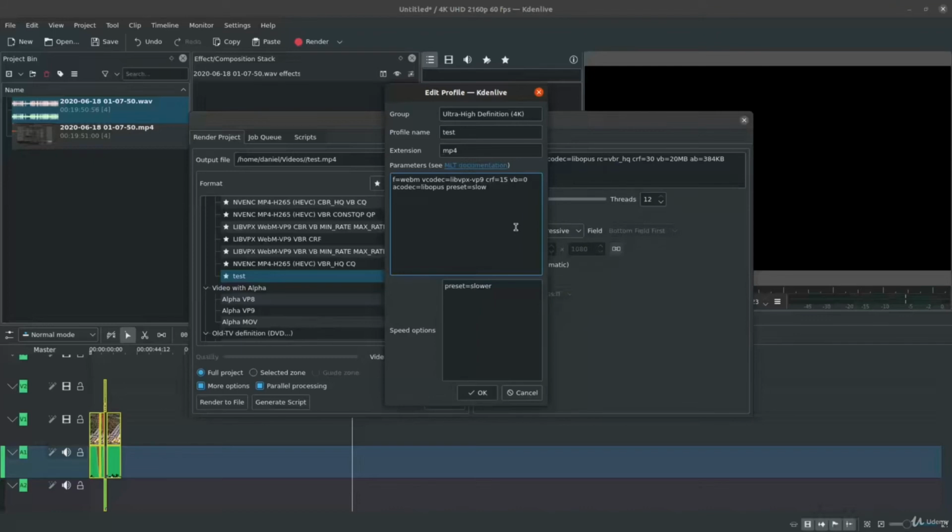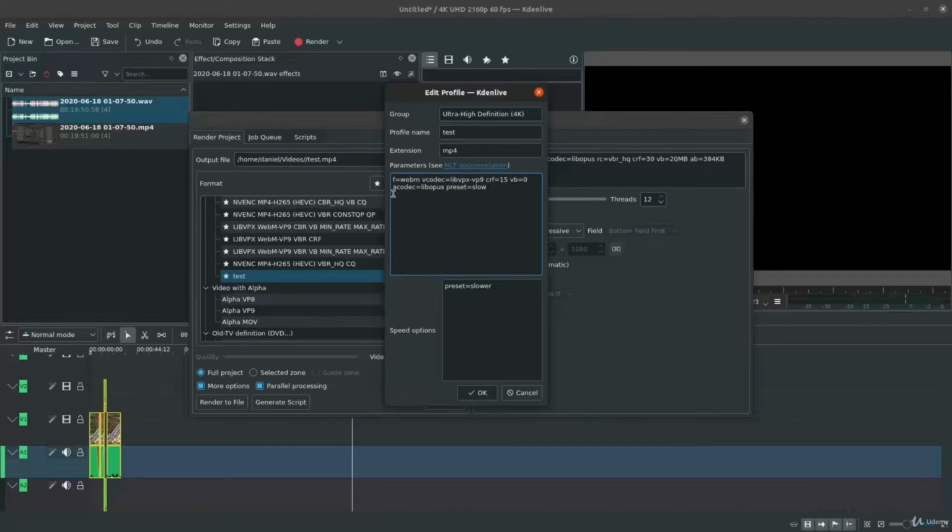Instead of them, the main constant quality parameter is the CRF, both for VP8 and for VP9, and as a value we'll set 15. The video bitrate we'll set as automatic or as 0. It's actually optional, but I'm just showing you that you can set the video bitrate as 0 for automatic, and